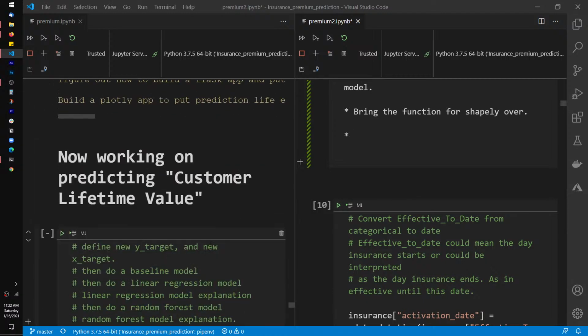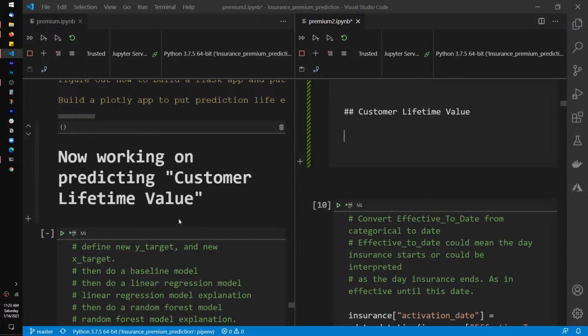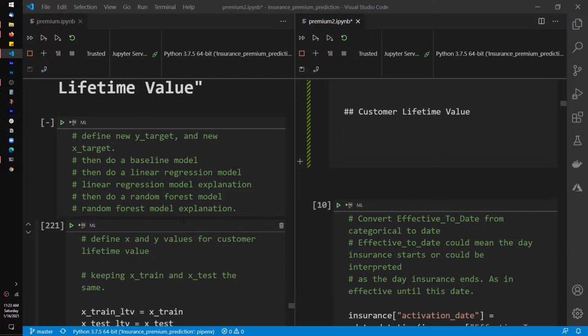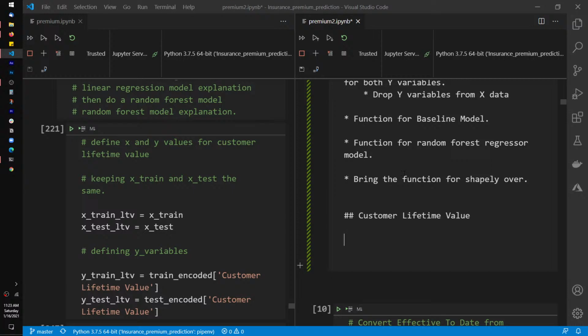All right, and then now we move on to customer lifetime value. And when it comes to customer lifetime value, we're basically going to be using the same thing that we used above. And so this is the process again. Here we are going to, I need to remind myself. So function for random forest model, let's see. I'm going to be,